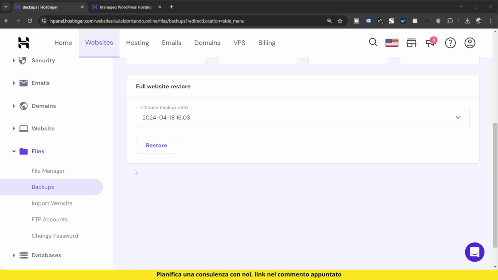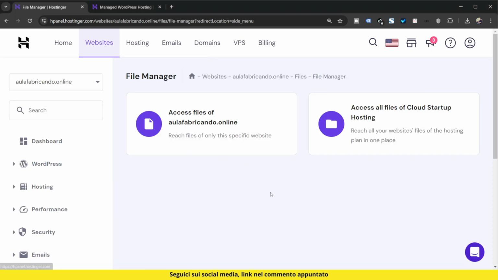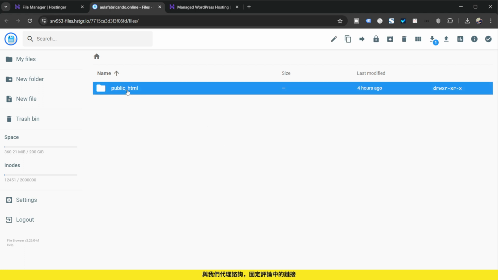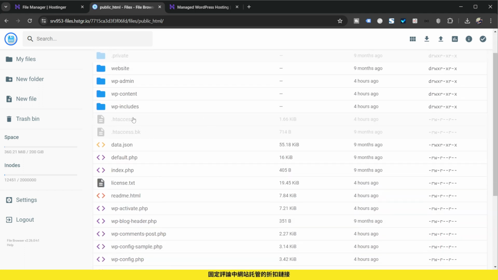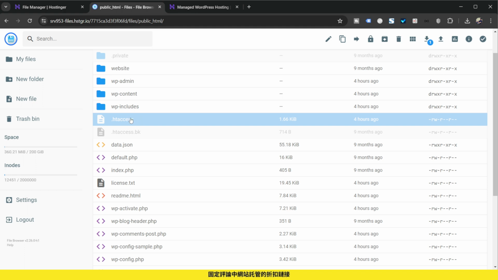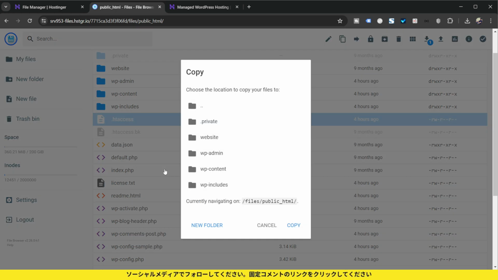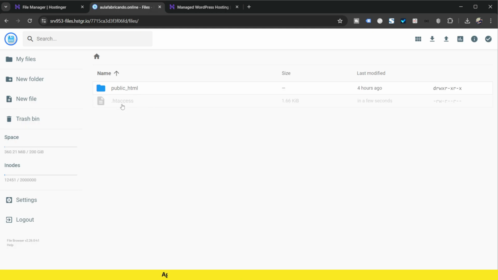Let's go. I'm going to open my hosting panel again. I'm going to come to the File Manager. Go to the File Manager and look for the current .htaccess of my website in public_html. I will look for the .htaccess file. It is here. The first thing I should do is create a copy of it. So I go to Copy File, select the current folder I'm in, copy, and it will create another .htaccess for me outside of